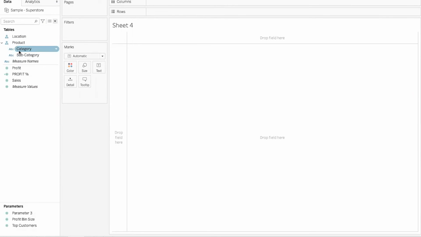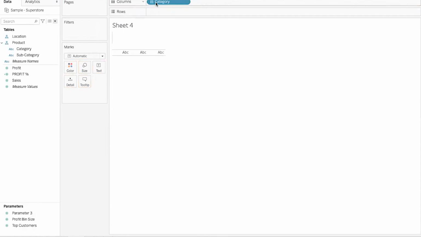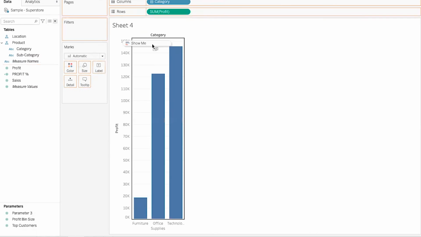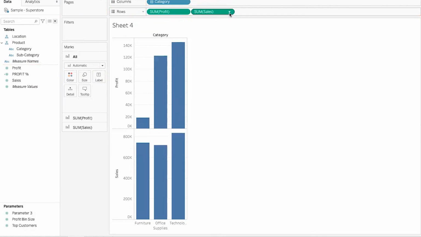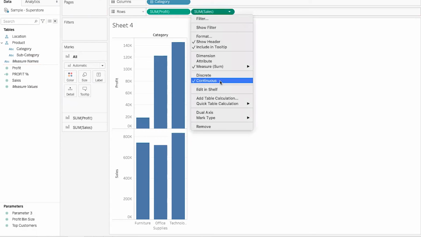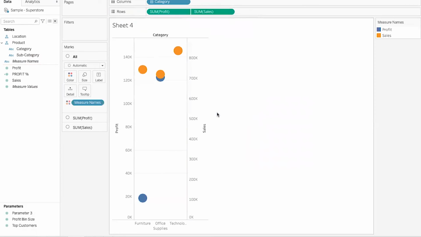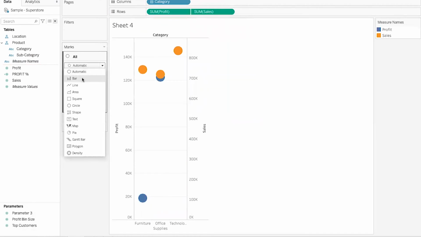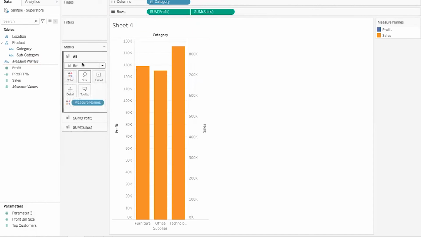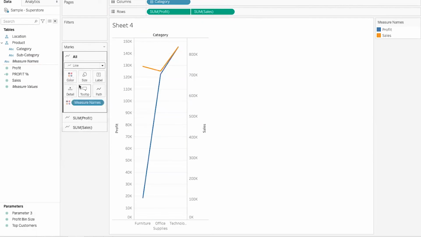Let's go to product. Let's take one category over here. Let's drag profit. Let's drag sales. And just click over here and make it a dual axis. Make this mark a bar, or we can simply make it a line.